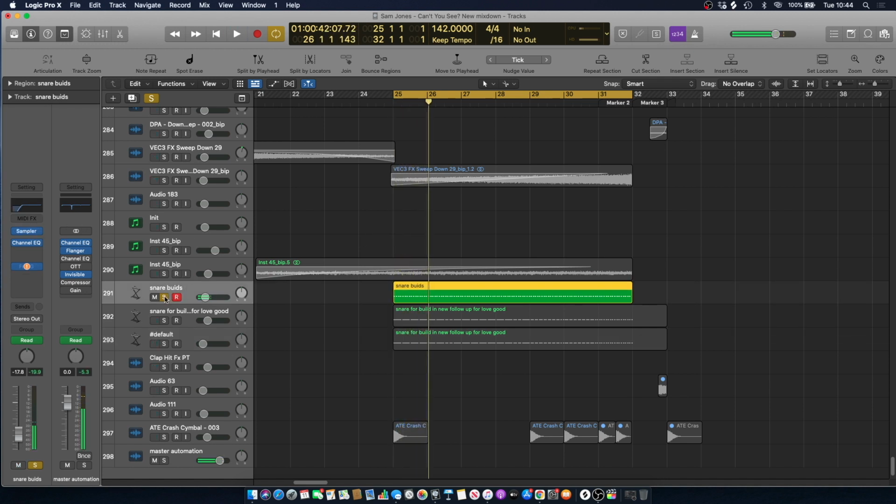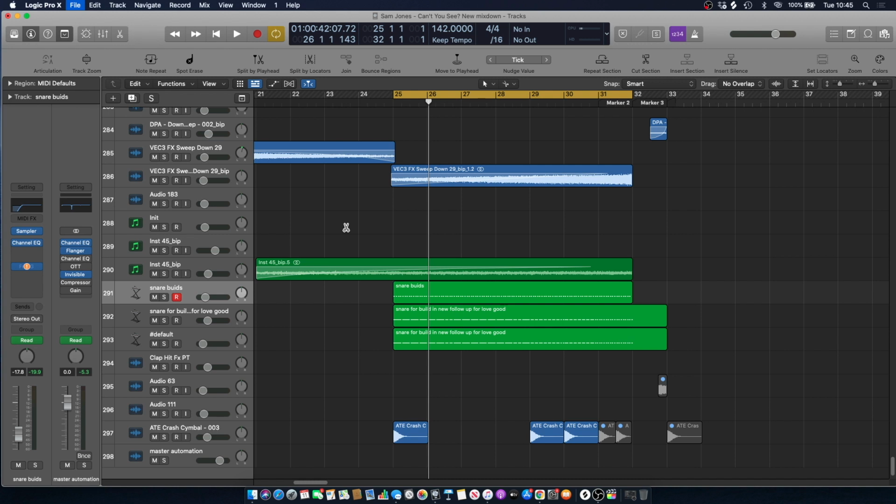The only problem with this project now, as I'm showing you it, is you're going to have to ignore the fact that the snares just come in, and they don't come in gradually, because I don't have 3G anymore, which is this gain plugin, which was brilliant, very smooth. I have to use Logic's gain now, which is still fine, but I prefer 3G, to be honest. But yeah, it used to be a free plugin, and I think it is still free. It's just that it doesn't do it anymore since I've updated my Mac and that kind of thing. Okay, so